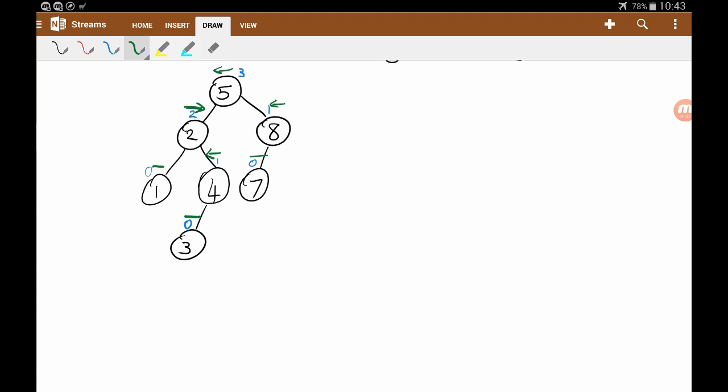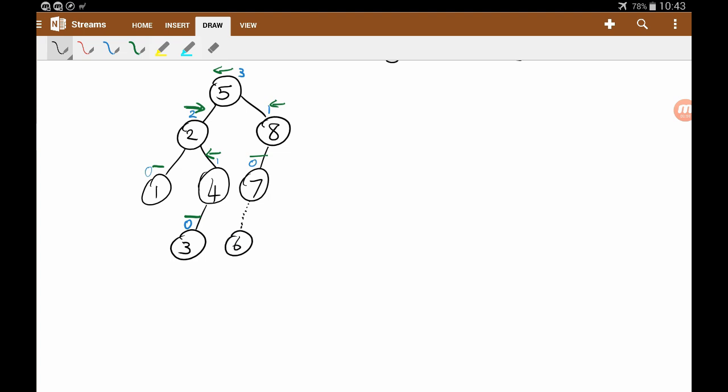So now let's say we insert the number 6. So we go to the root. We say, do we go left or right? Right. We're at 8. We're inserting 6. Do we go left or right? We go left. We're now at 7. We're inserting 6. Do we go left or right? We go left. And we've now found an open space. So in this case, we can now insert our new node 6